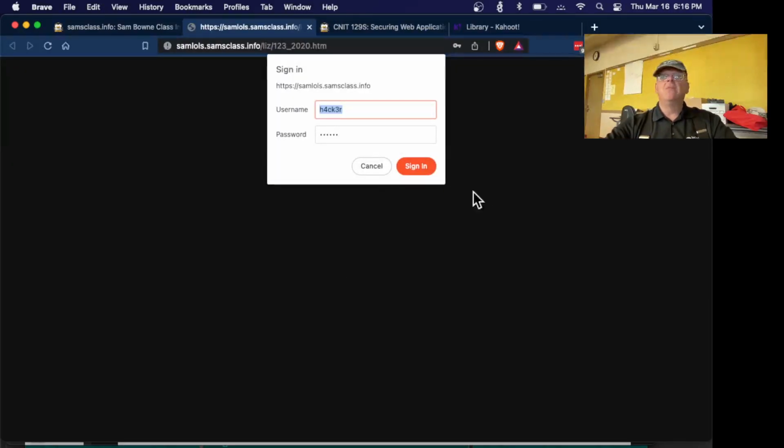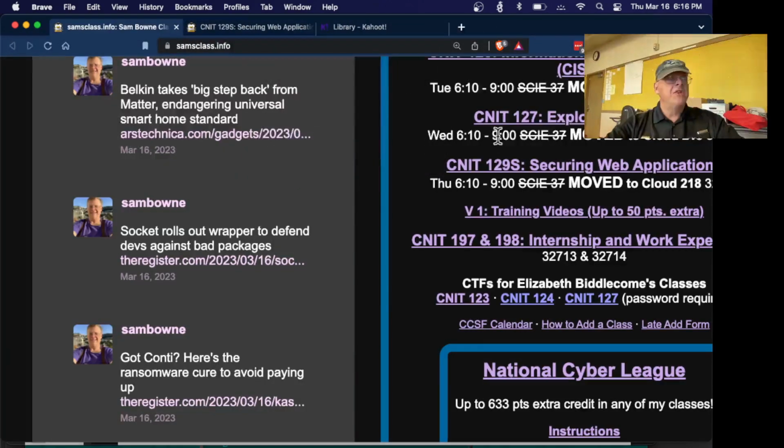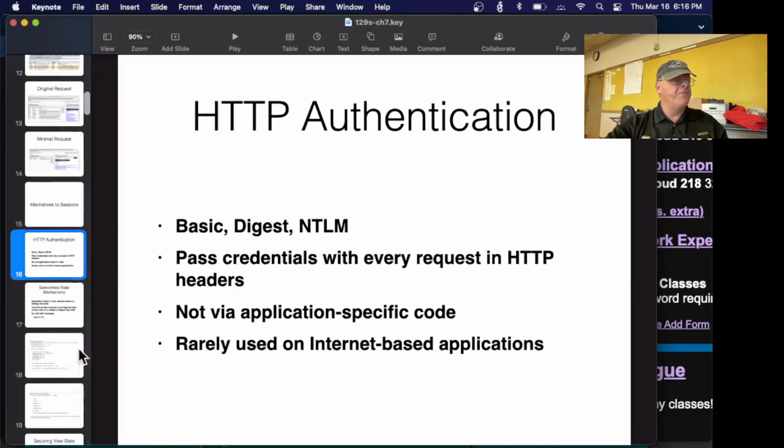And the way it works is you make a request to the server, and it'll say unauthorized. You have to pass up a name and password. Then the browser will collect a name and password, and then it'll send it up. It's really old, and all it does is encode the name and password with base64. So when used over HTTP, this is a terrible system, very insecure. But when used over HTTPS, it's okay. It's encrypted. Anyway, that's called basic authentication, and you'll still see it occasionally, but it's not that popular. It's a really old-fashioned, simple technique.